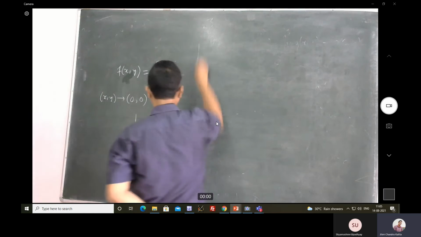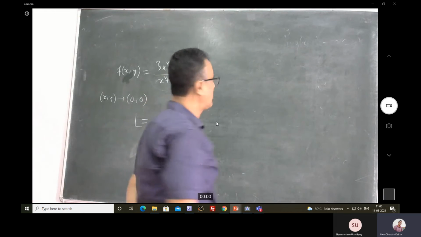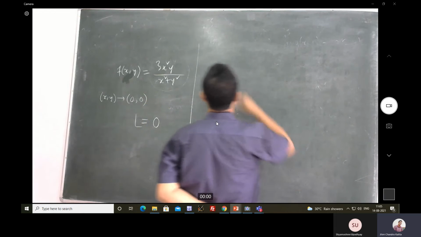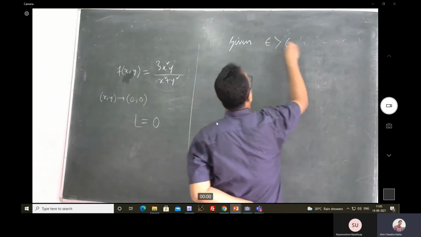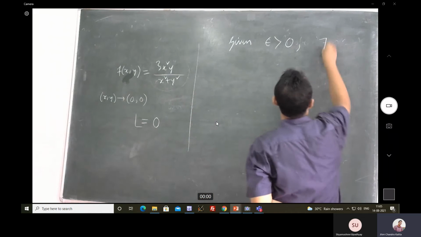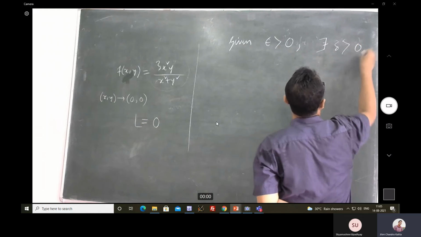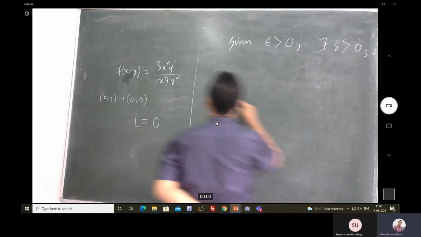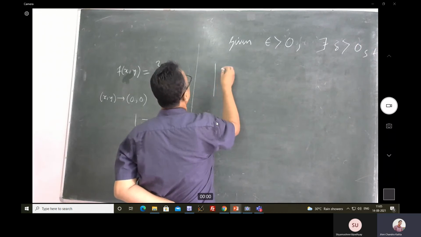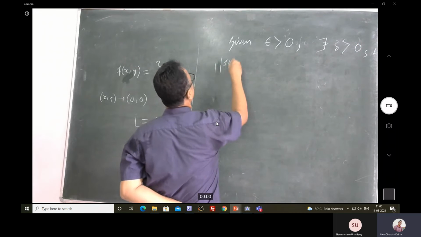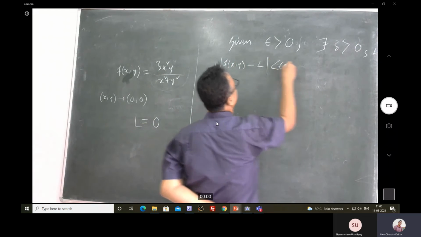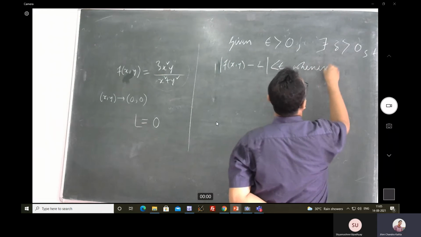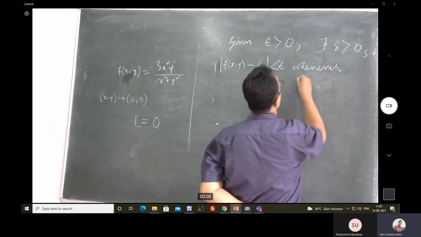Then, in order to prove that the limit is 0, given epsilon greater than 0, you have to prove that there exists delta greater than 0 such that, let me write it down once again, |f(x, y) minus L| is less than epsilon whenever